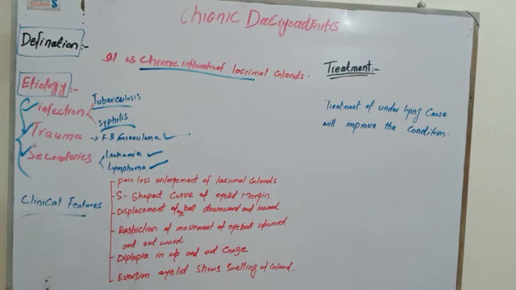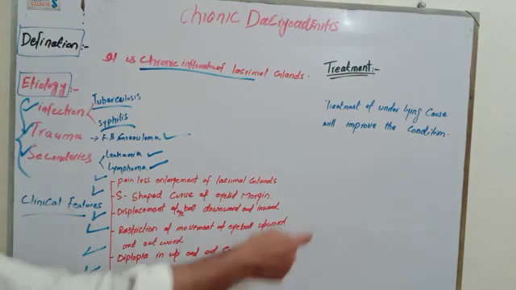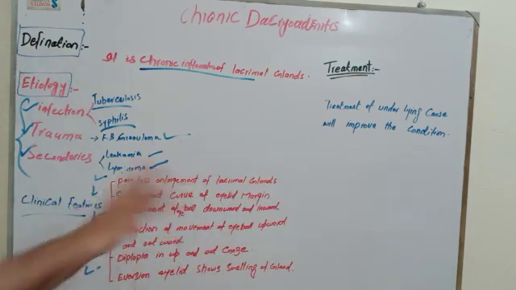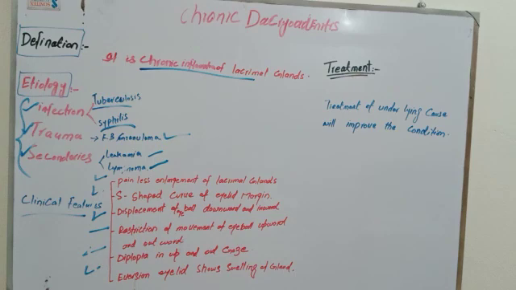What are the clinical features? I have already told you: painless enlargement of the lacrimal gland, S-shaped curve of the eyelid margin, displacement of the eyeball downward and inward, restriction of movement, diplopia in the upper and outer gaze, eversion of the eyelid shows swelling of the glands. The most important portion of this disease is these clinical features. You have to remember them. The final and last part of this disease is treatment. Treatment of the underlying cause will improve the condition.